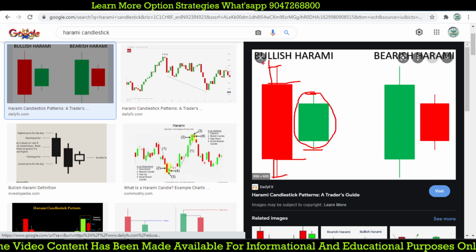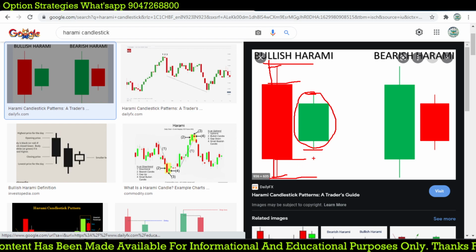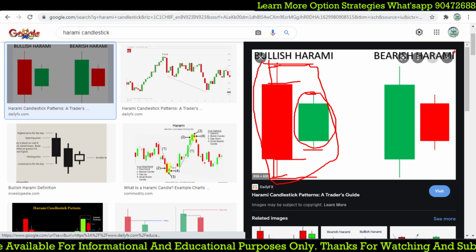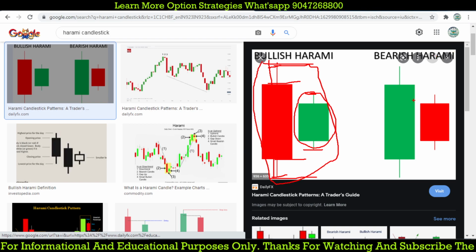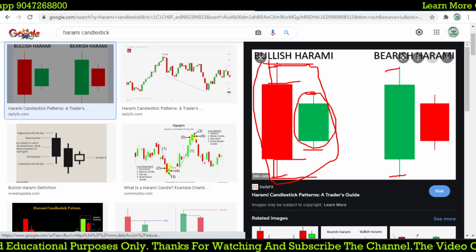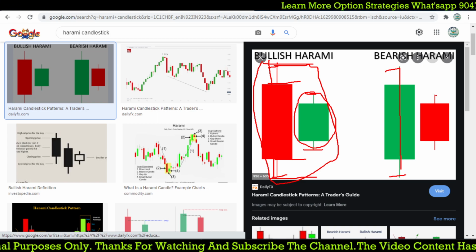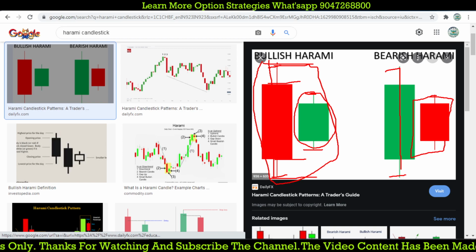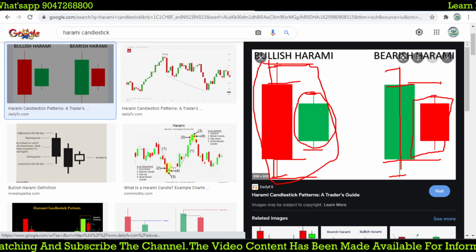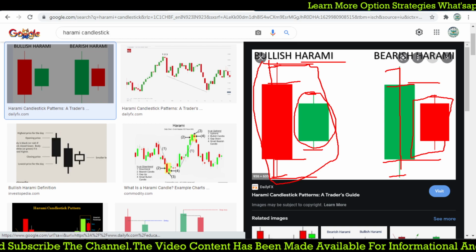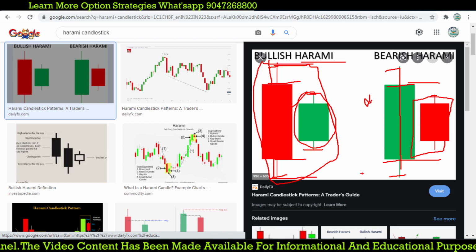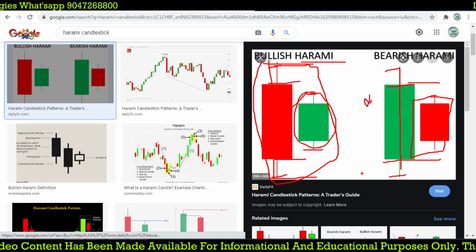We normally take a trade opportunity at the first candle's high and low, or these two candles' setup high and low. Similarly, there is a bearish Harami which forms at a day high or a monthly high. That gives you a great reversal opportunity, where a big green candle is followed by a red candle inside the previous day candle's real body. This is the Harami candlestick pattern: this is the bullish Harami and this one is the bearish Harami. We are going to create this on our charting to find out which stocks show it.